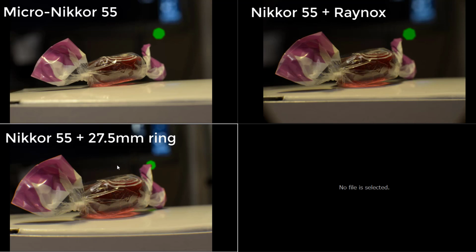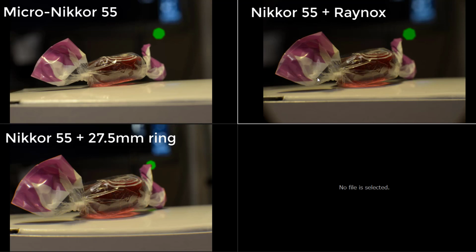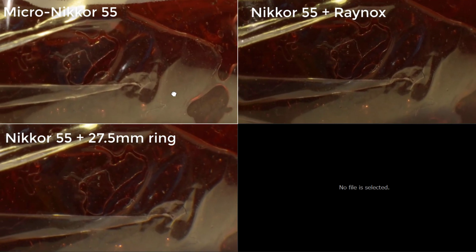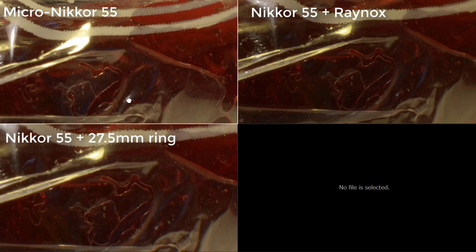As you can see, this one I'm pretty sure is 1/2 reproduction ratio, because this is what you get by extending the 55 millimeters by half the focal length. Then the Raynox we can see is quite close, and then the Micro-Nikkor I tried to reach the 1/2 just by looking at the indications on the ring. Okay, so if we take a closer look, we can see the candy. So if I remember correctly,